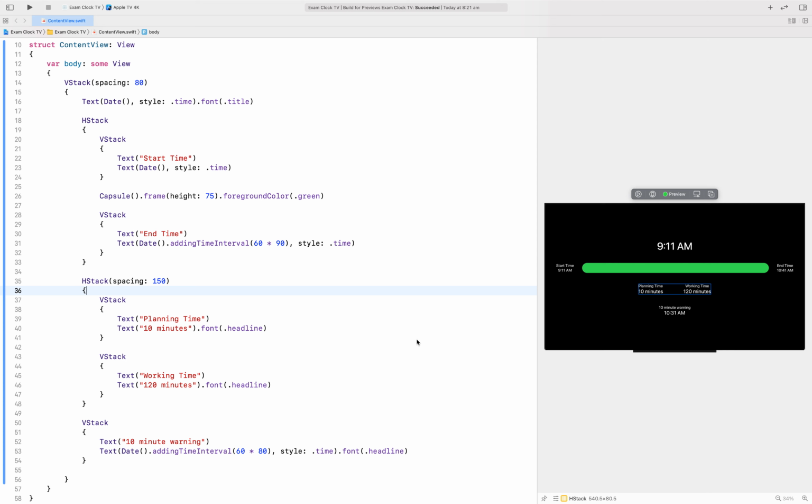With our user interface built, we're ready to add some functionality to the app. And before we start that, it's probably worth commenting our code to ensure we know what each of these segments of code are at a glance. So for starters,